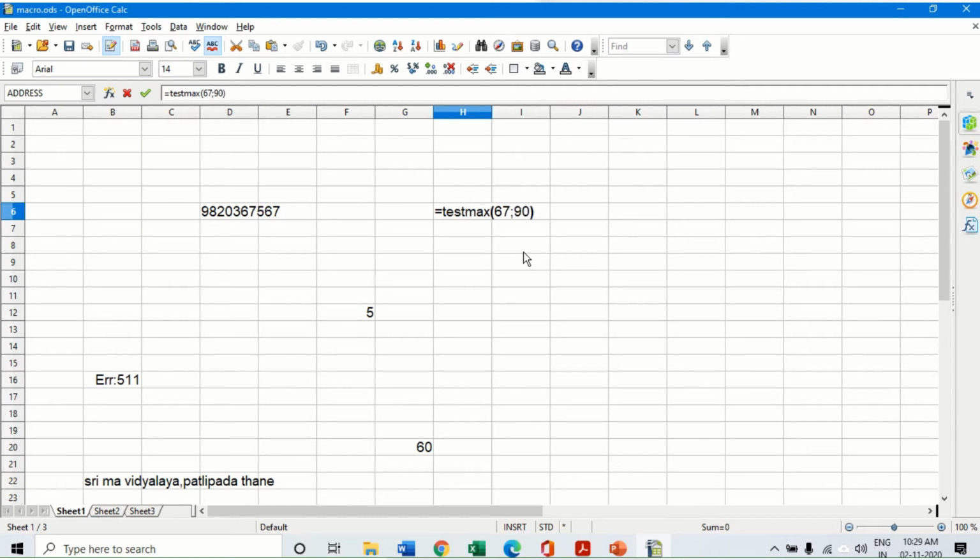Now x is 67 and y is 90, and because 90 is greater than 67, it will return the value of y, which is 90. Same thing I'm going to test: is equal to test max, and in brackets let us take 120 semicolon 23. So this time x is greater, so it will return the value x, 120.